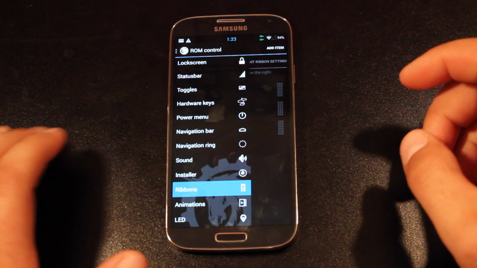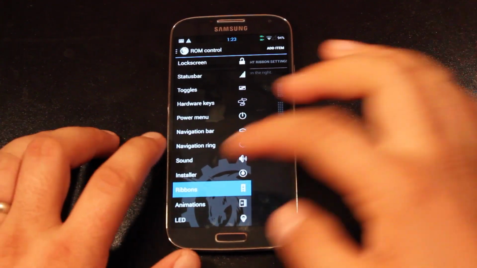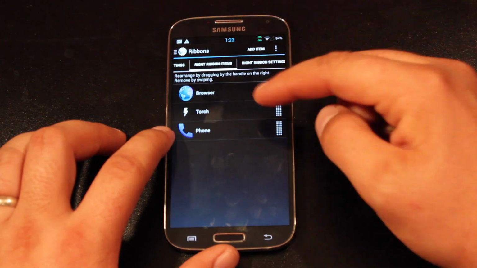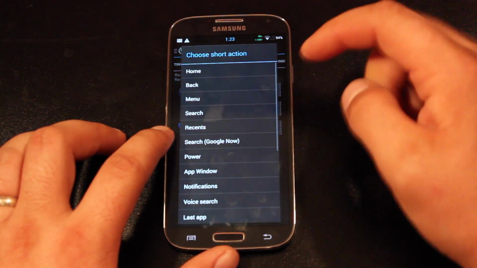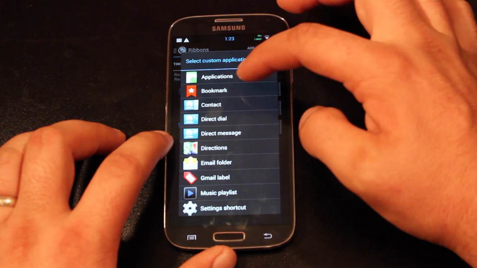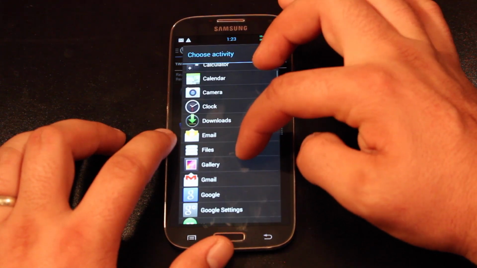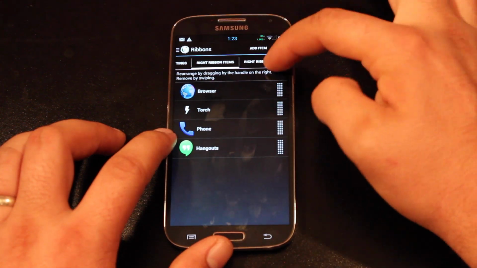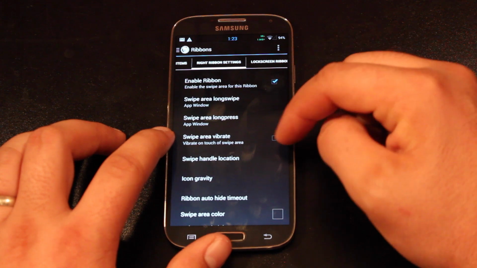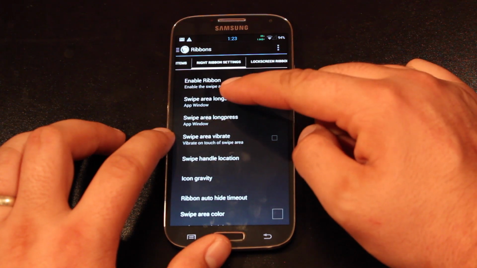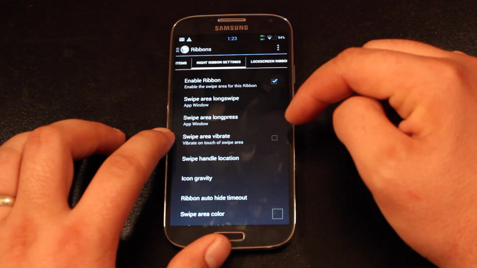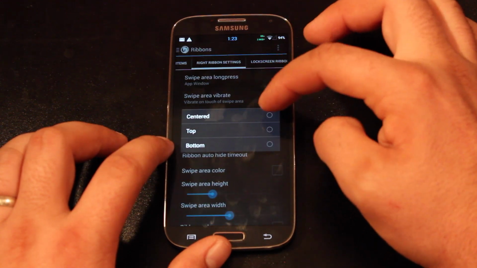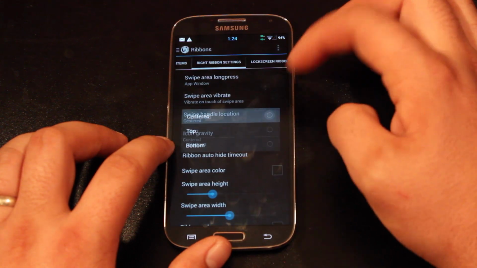Okay, so ribbons is one of the top features of AOKP. Real quickly, I'm going to show you guys how to set it up. We'll go into ribbons, and I'll go to the right ribbon. That's the one that I use the most. We'll go browser, torch, phone. We'll add another one. Now, it's set up differently on different versions of the ROM itself, but for the Galaxy S4, this is how it is set up. So we'll just add that, and then we'll go into right ribbon settings, enable the ribbon, and then choose what you want to show up whenever you swipe. And then you'll choose the swipe handle location, icon gravity,